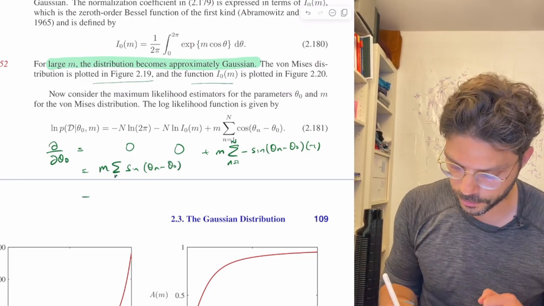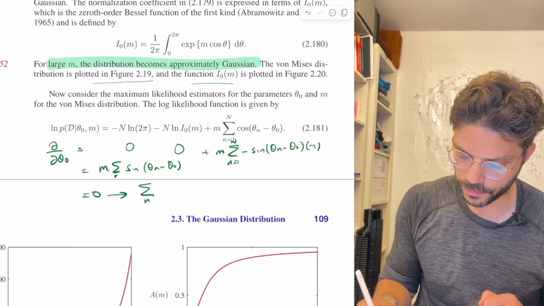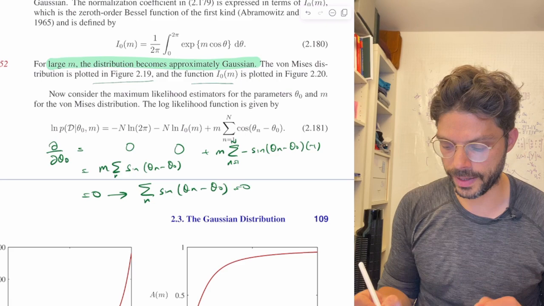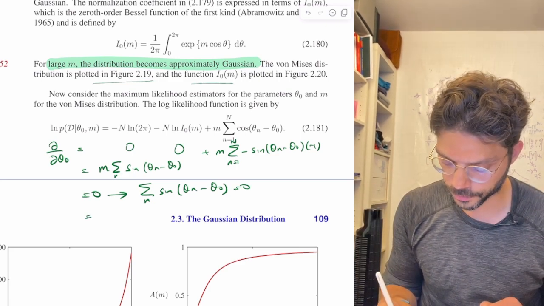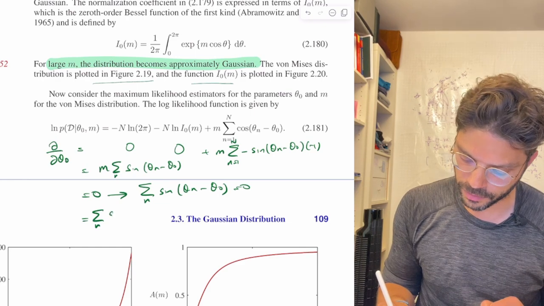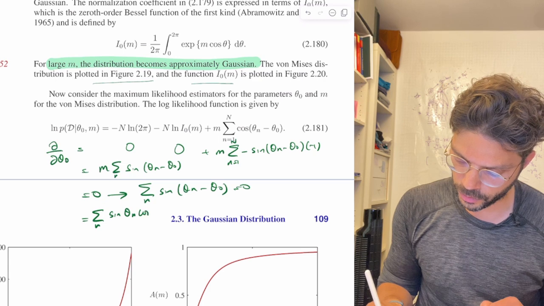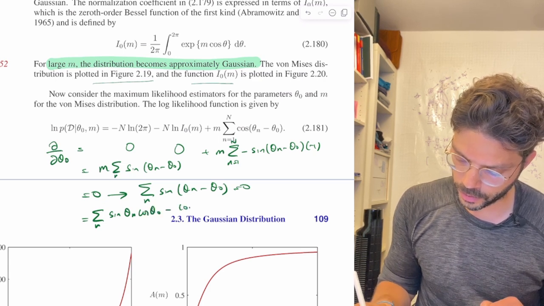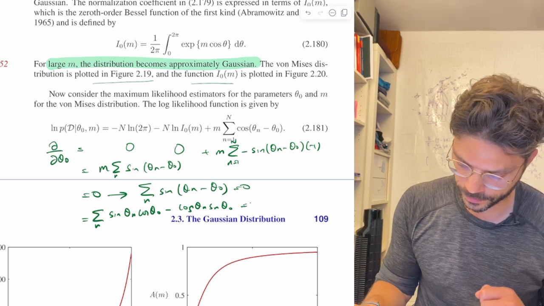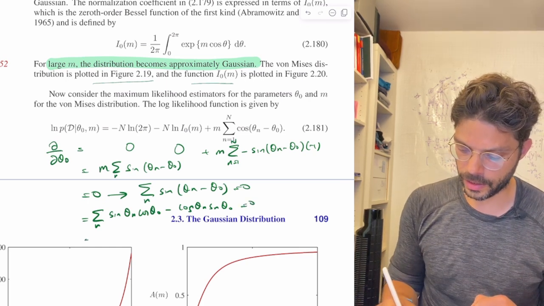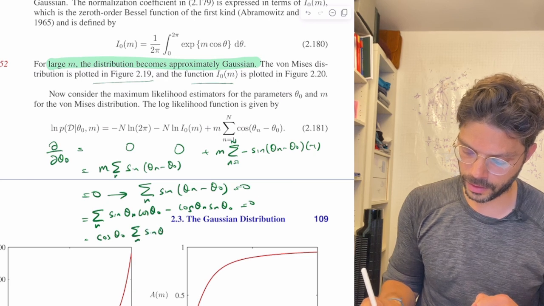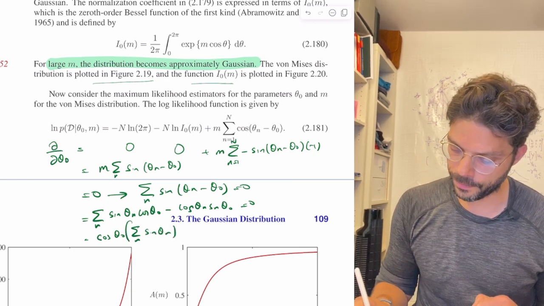And now we're going to set this to 0. And now we use our trig identities. So, what is this sum? Well, this is going to equal the sum on n of sine theta n cosine theta naught minus cosine theta n sine theta naught. Right? So now we're going to get cosine theta naught times the sum on n of sine theta n, let's just put that in brackets, is going to equal